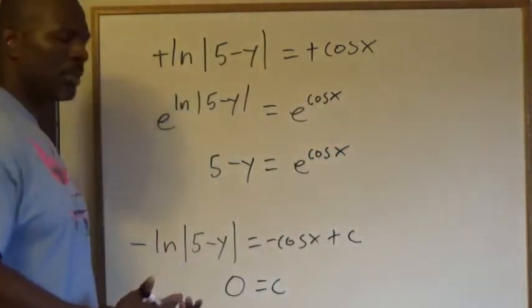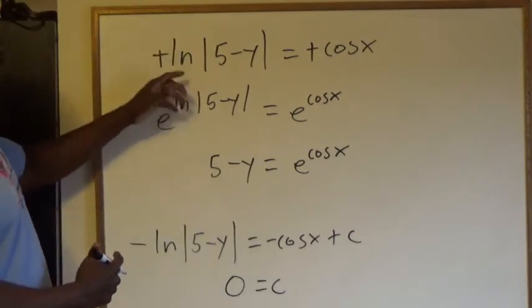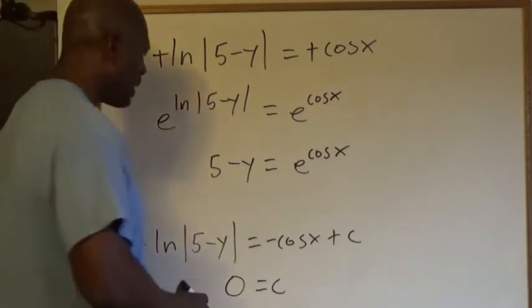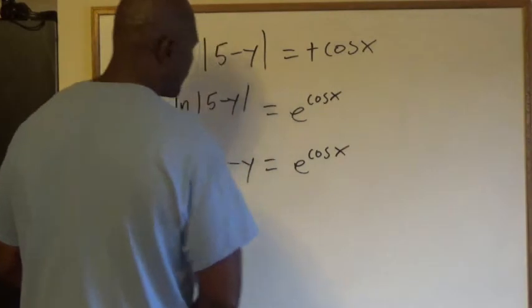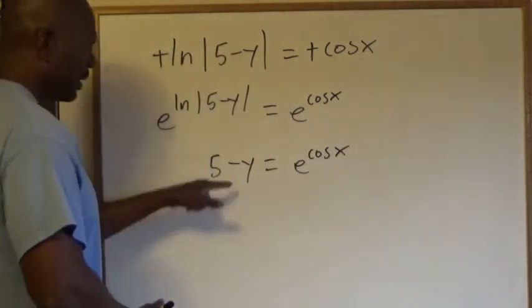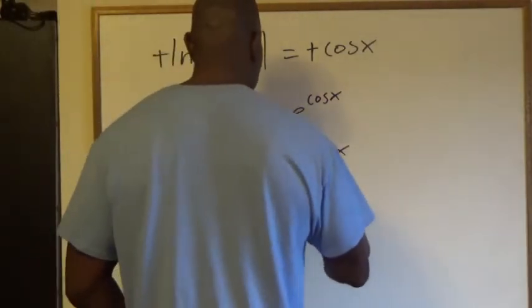So that's the reason why we e the junk, is to liberate this y stuff from the ln. That's the main reason we do it. And now it's just basically some basic stuff to get y by itself. So if you would move the 5 to the other side and divide by negative 1. So y would be negative e